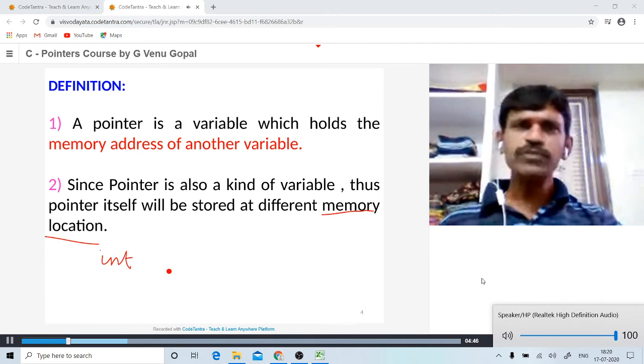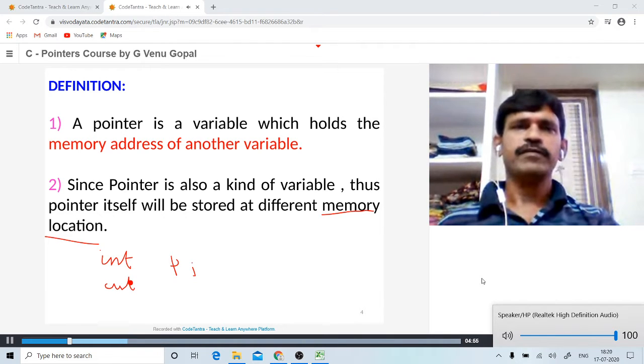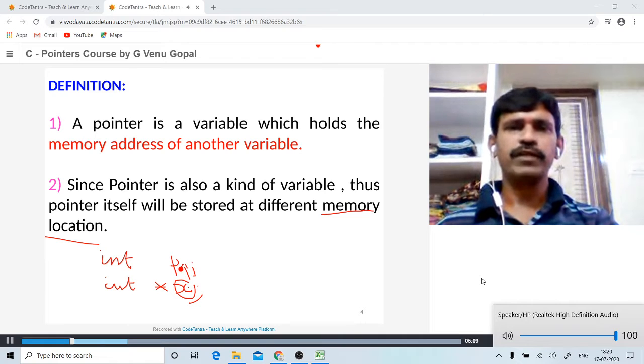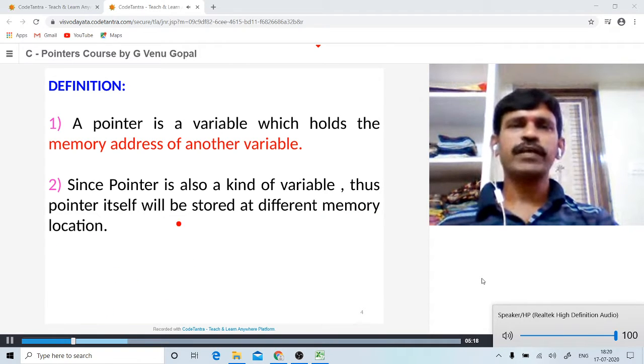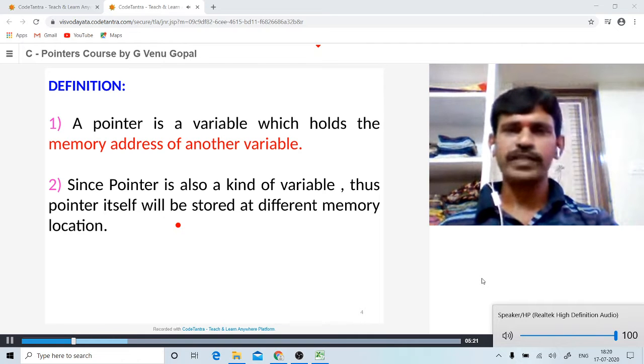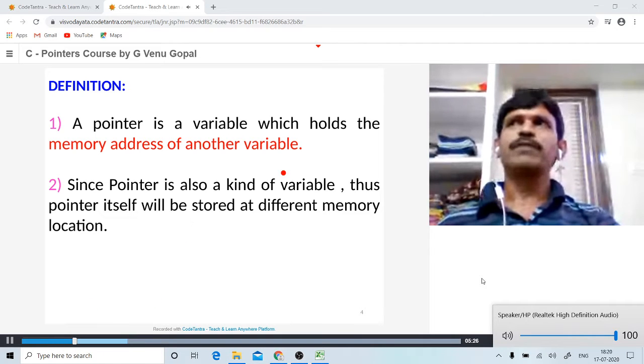like this, say int p, then we need to create int asterisk x to store the address of the variable. Here, x is a pointer variable that is meant to hold the address of p. So p is an integer variable, thus the pointer variable must also be of integer type. Similarly, if we are creating a float variable, then the pointer variable must be of type float only, so that the float pointer can hold the address of a float variable.